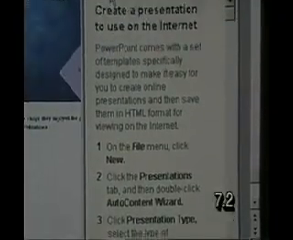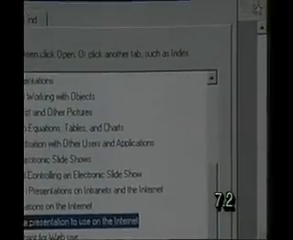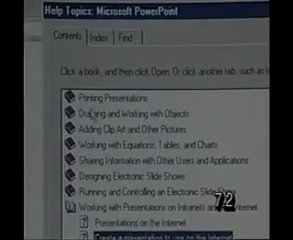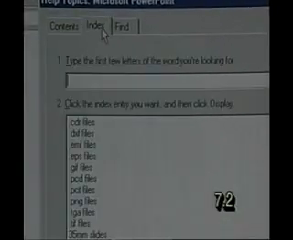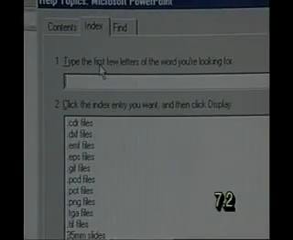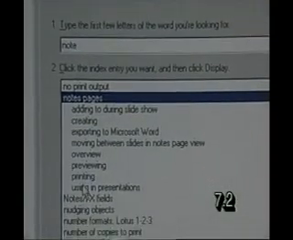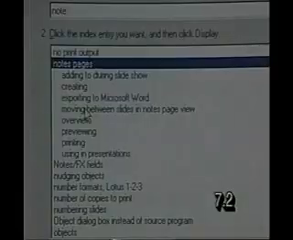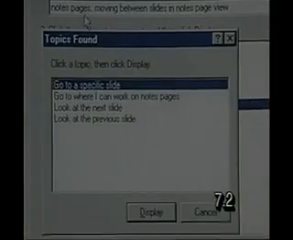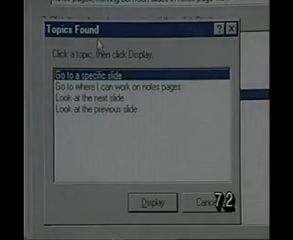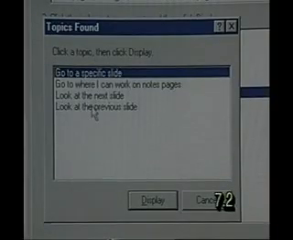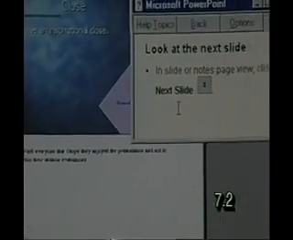So I can go into Help Topics at any time and look at the table of contents, which is like a book, or else Index, where I can type in something, for example, Notes Pages, and then select an item. For example, moving between slides in Notes Page View. I get the topics found on that item, and then I can select, for example, Look at Next Slide to get help at looking at the next slide. Now that you've seen